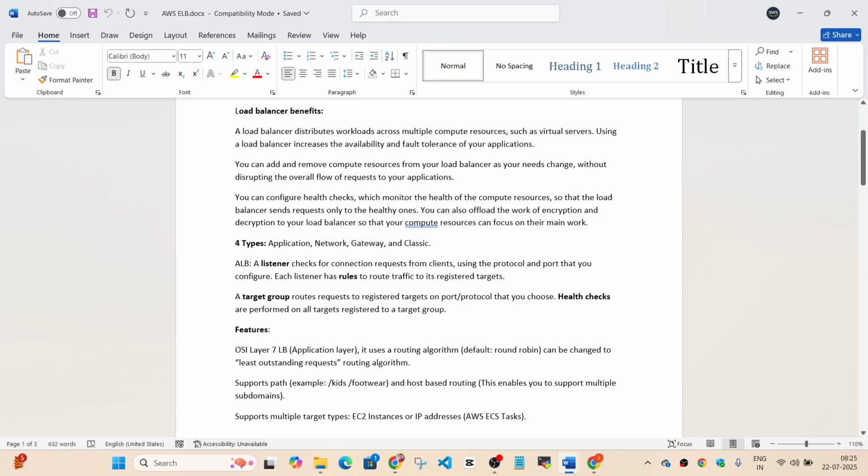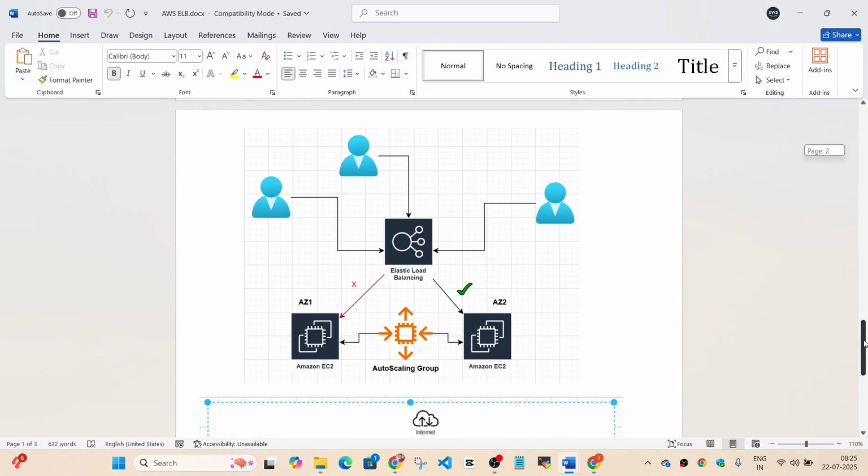How does it happen? Let me explain that also in one line. Suppose you attach one SSL certificate to your ELB. The traffic is going to be encrypted via SSL, and then the ELB is going to decrypt the traffic and send it to your target instances. So it performs encryption and decryption, and whatever response is coming back, once again, it's going to encrypt it and then send it back to the user. So all that SSL work is being taken care of by your ELB once you attach an SSL certificate to it. You don't have to configure SSL on your EC2 instances.